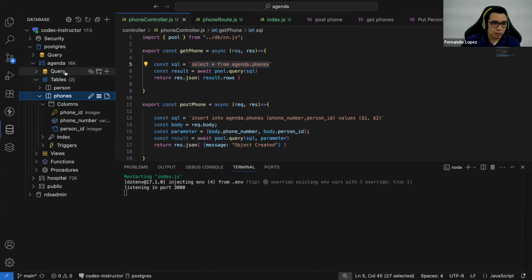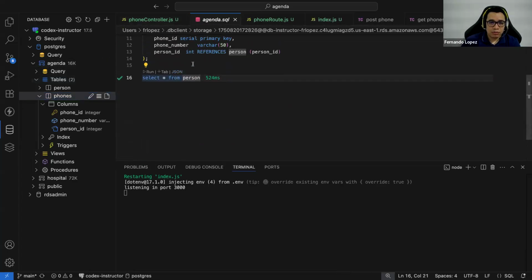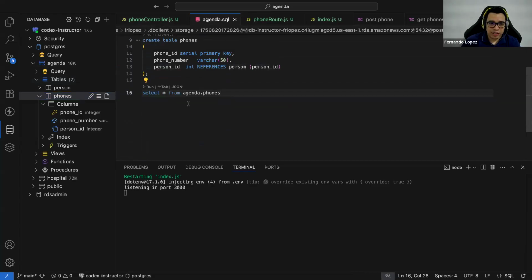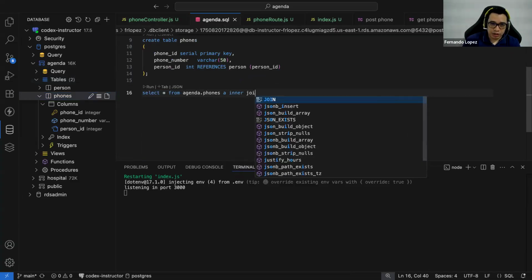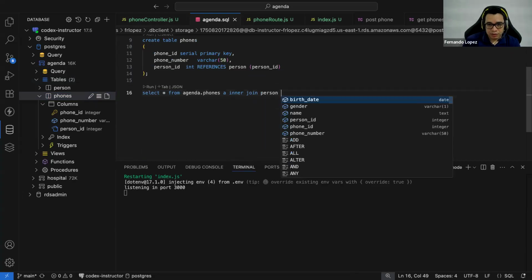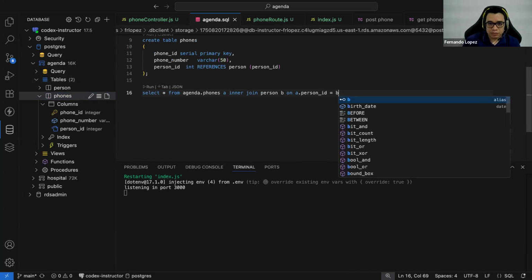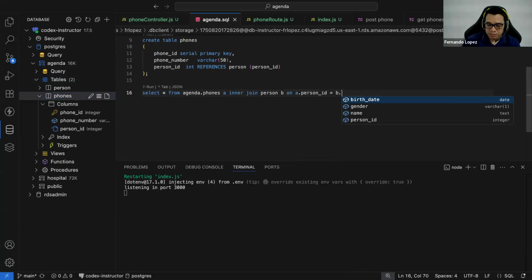And let's see, I will create a new query here. Oh, I have the query here. So let's create an inner join. So this will require an inner join with the table of persons on a dot person ID is equal to b dot person ID.